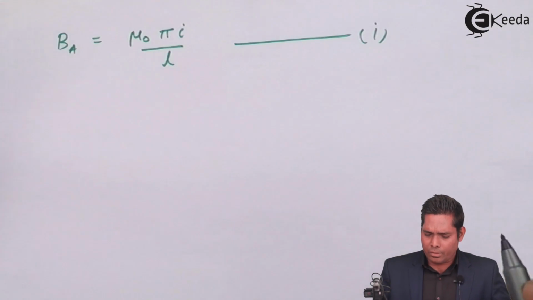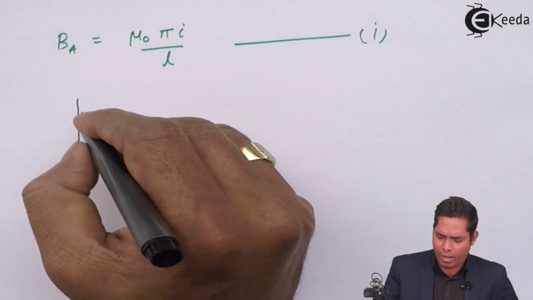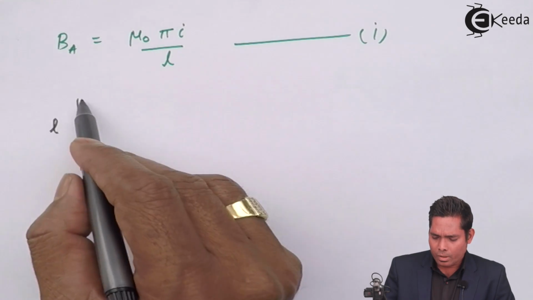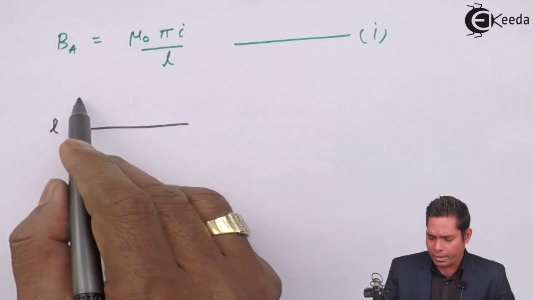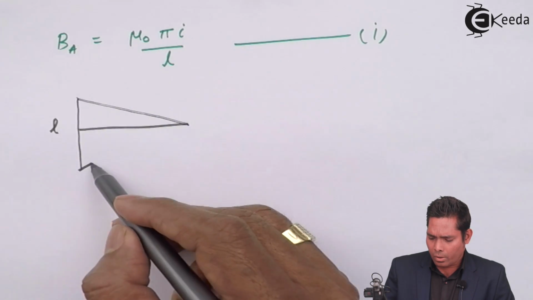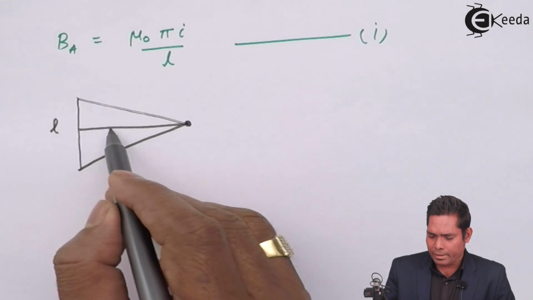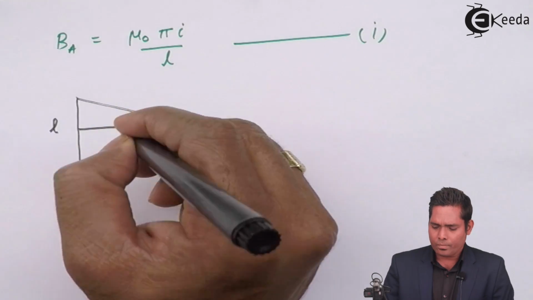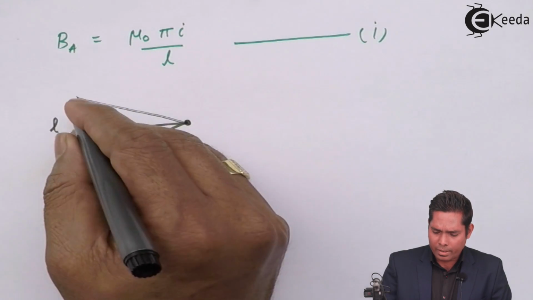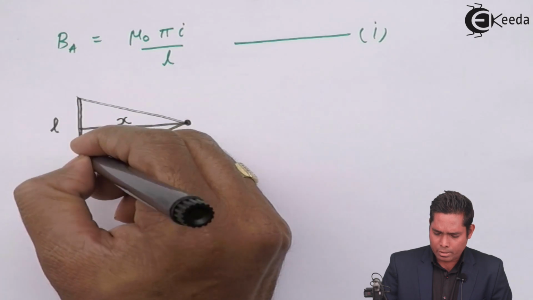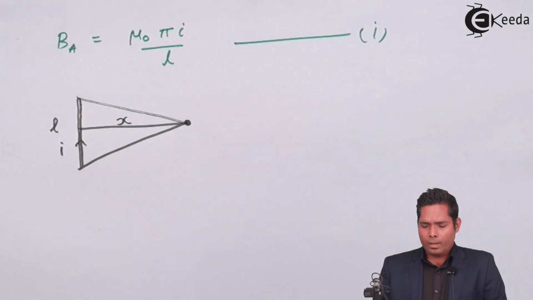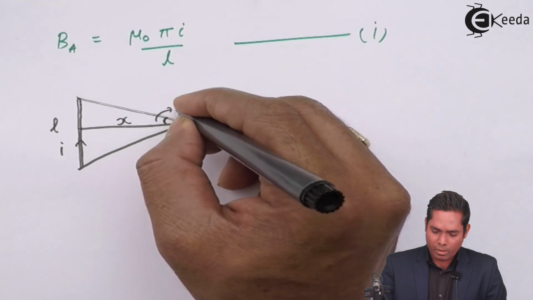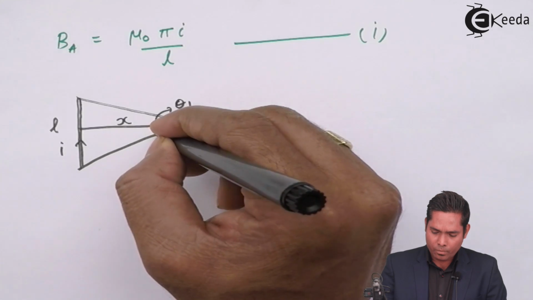We know that for a general expression, if you have a wire of length, any length L say, and from the center, if I draw a point here and a line which is a perpendicular distance, if this distance is suppose x, and this wire carries a current suppose I, if this angle is suppose theta 1 and this angle is suppose theta 2,